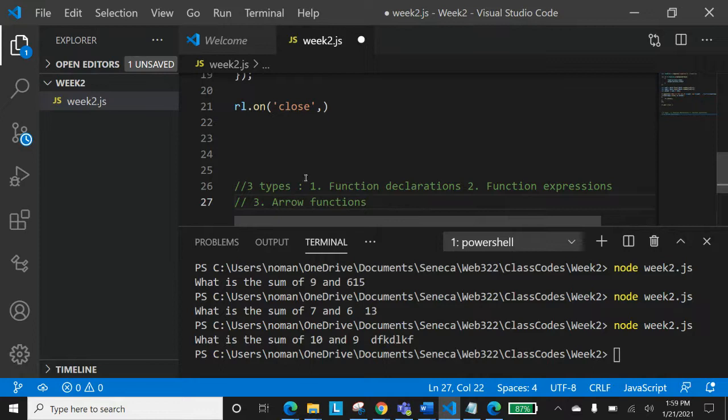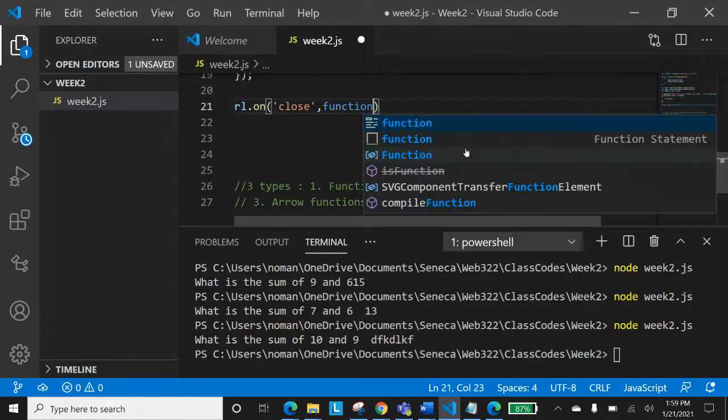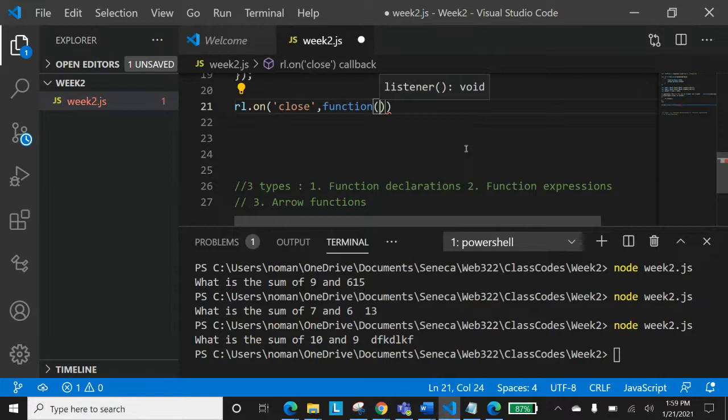All right. First of all, we'll complete this one, rl.on and our program, and then I'll talk about this. Remember, we used to call a function like this. But the third method that I mentioned, arrow functions, makes it possible to lessen down your code. And it's not only that, it's the ECMAScript standard now that you can write a function that way.